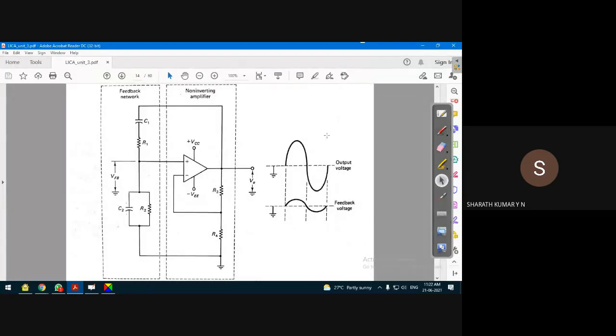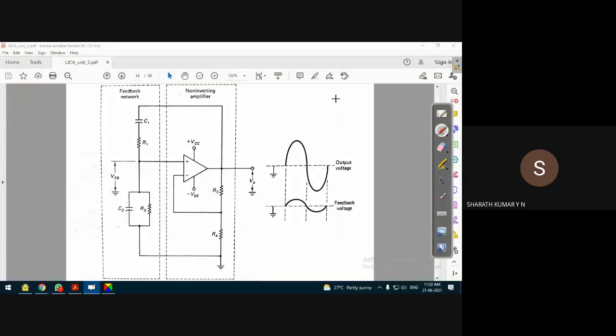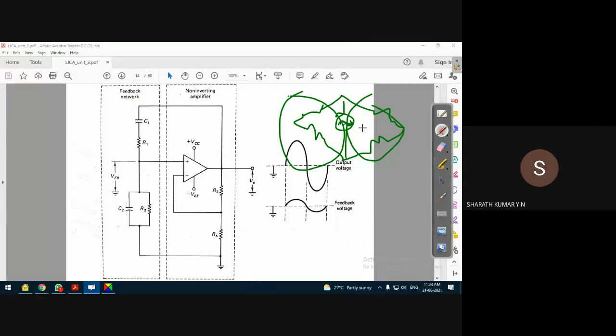Wien bridge oscillator. In this Wien bridge oscillator, of course, there are four arms, just like our normal bridge circuitry. So there will be four arms in the bridge. When the voltage across this network is equal to this network, the bridge is said to be balanced, which we are going to detect using a voltage indicator or a null indicator. It's also called a null indicator. This we have discussed in our measurement course.